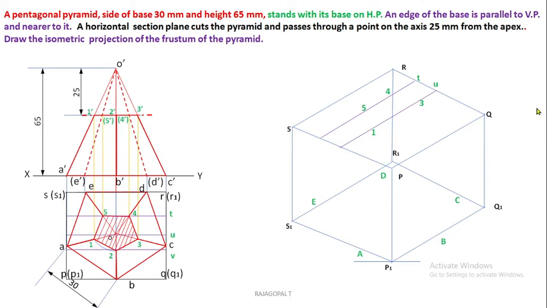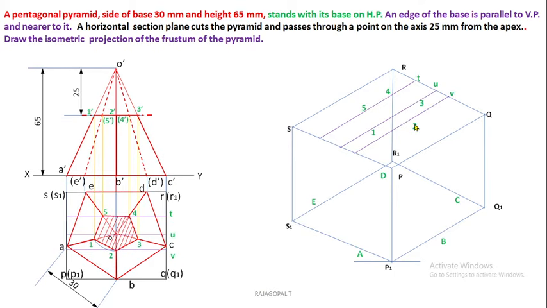So you can draw one more line, which is from the RQ side. This is R and this is Q. On this side we have the V line. You can measure the distance either from R or from Q. You can use that particular dimension as an isometric scale here and convert it. Now you can fix point 2 easily. On this line, that is the distance of point 2. From V, we can measure the distance of point 2, convert into isometric scale by multiplying 0.82 times, and mark point 2.